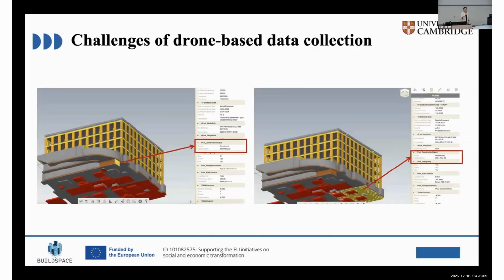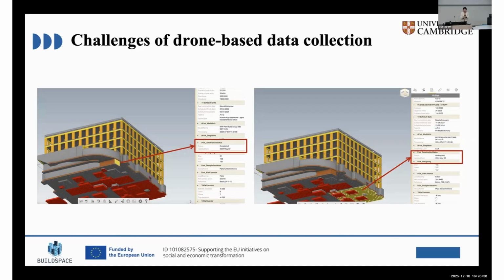However, we find it's a very interesting challenge, and I think it's a very practical challenge, and we are now working on that. It is because the drone images are collected every one month. So there are some objects that are below it, so the drone cannot collect it. So it also gets labeled as delayed, which is wrong.